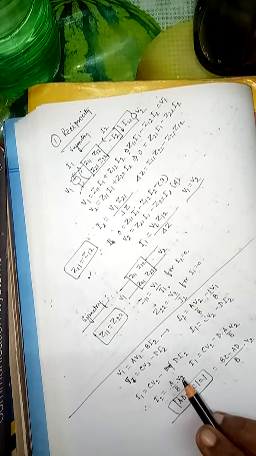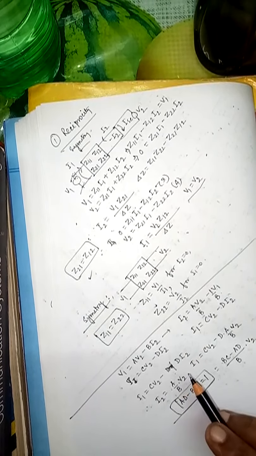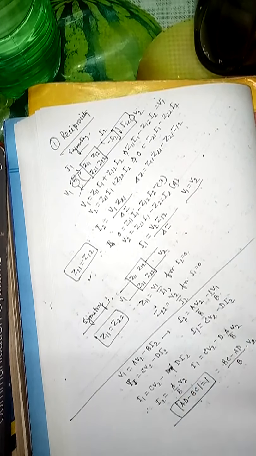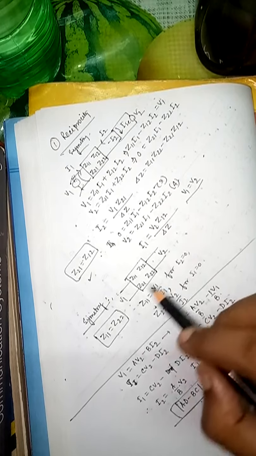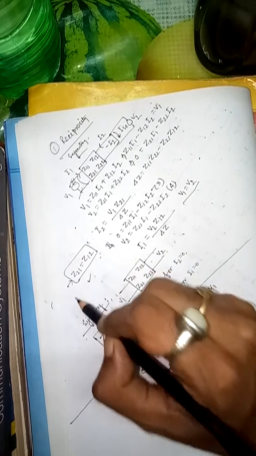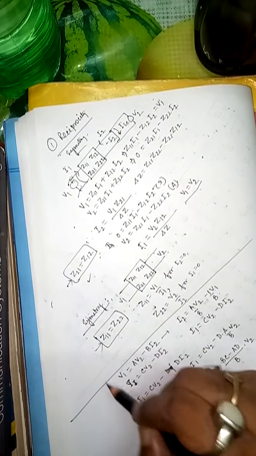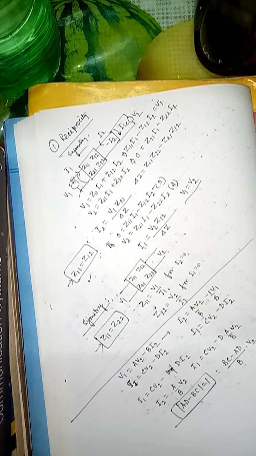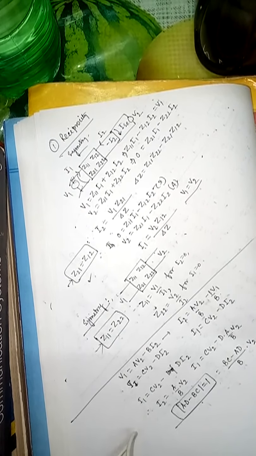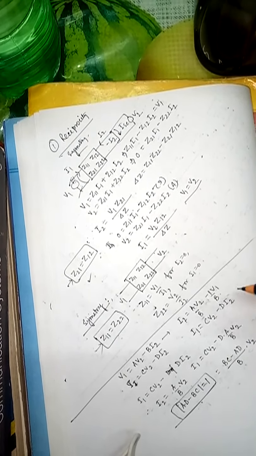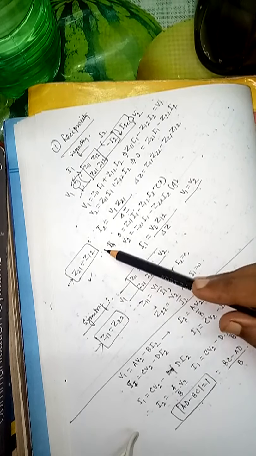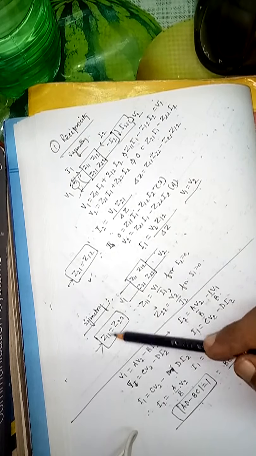So what I want to mean in this type of lecture, if you are finding out the condition of reciprocity, condition of symmetry like this, that is a condition for the Z parameters, condition of reciprocity, and it is a condition of symmetry. So what is the condition of reciprocity and the condition of symmetry in some other parameters? So please take that parameter conversion path. Just keep in mind the reciprocity concept is here and the symmetry concept is here.